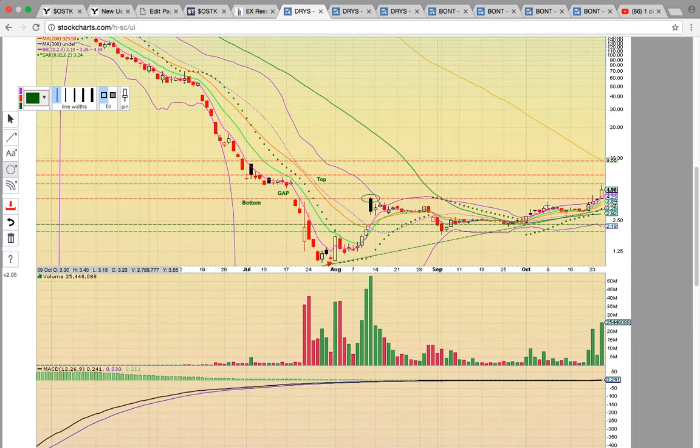So there was a bottom down here in August. Notice the low down here in August, and that was followed by a nice strong uptrend. If we look here, there's been this nice steady uptrend. The middle Bollinger Band has been holding on the pullbacks, and today there was a breakout above the bottom of